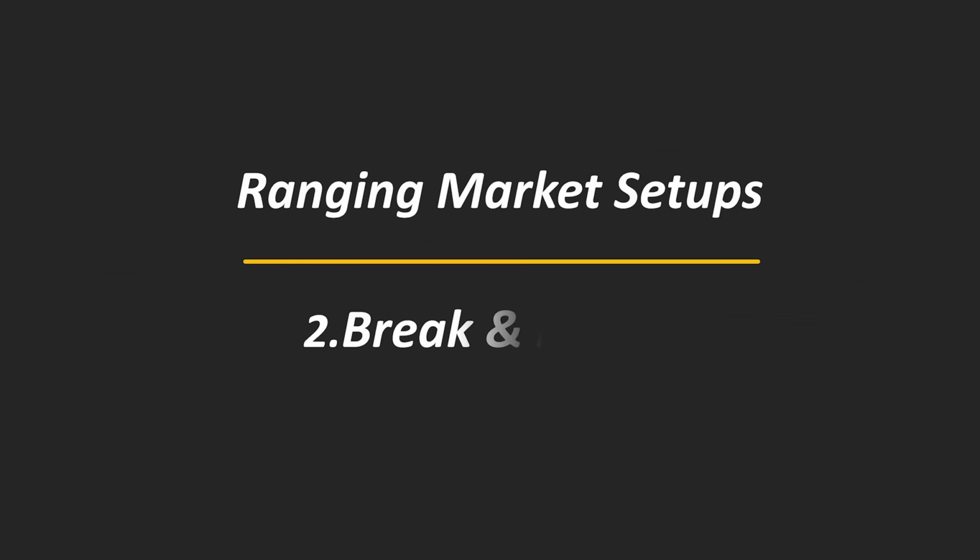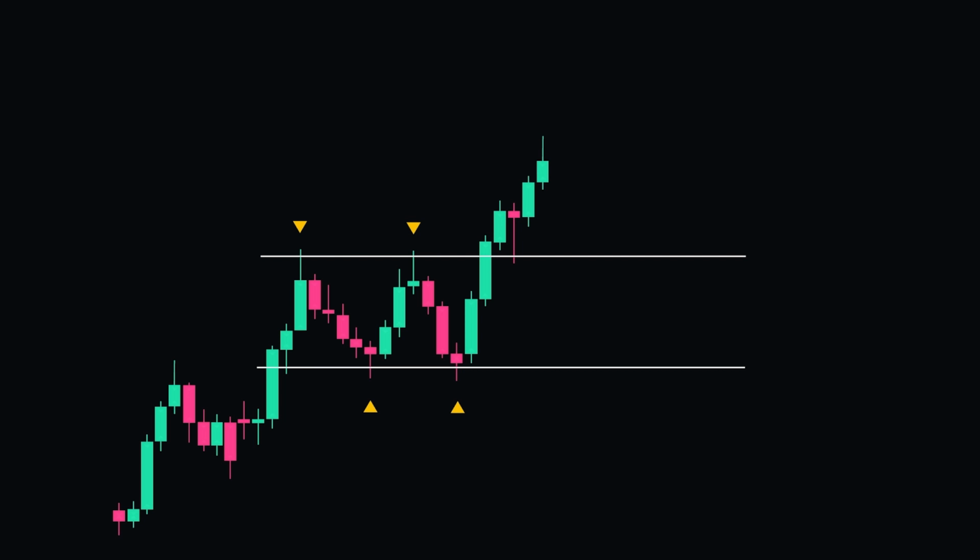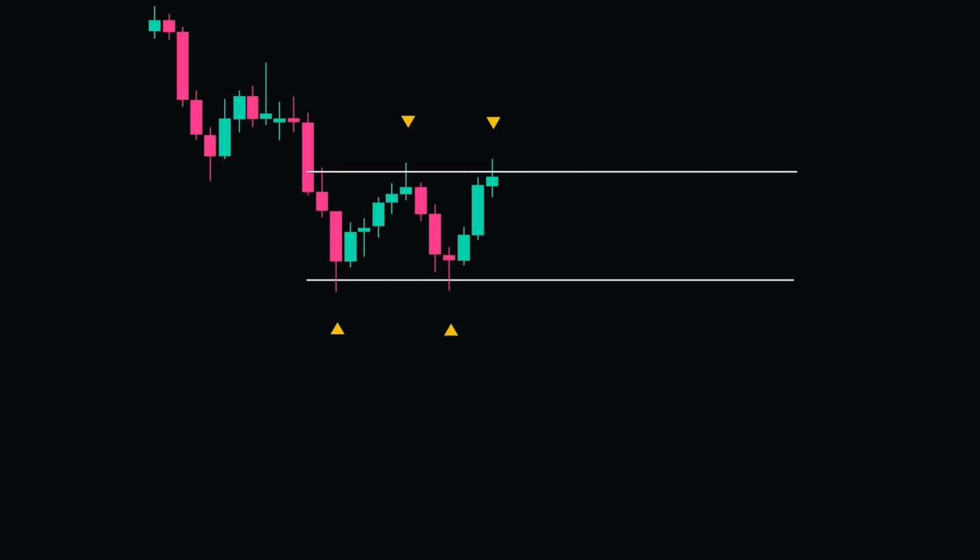Number 2. Break and retest. When price breaks above resistance, it turns into support. We wait for price to come back and retest that level. If the level holds and price shows rejection, we look for buying opportunities. Similarly, in the bearish scenario, when price breaks below support,